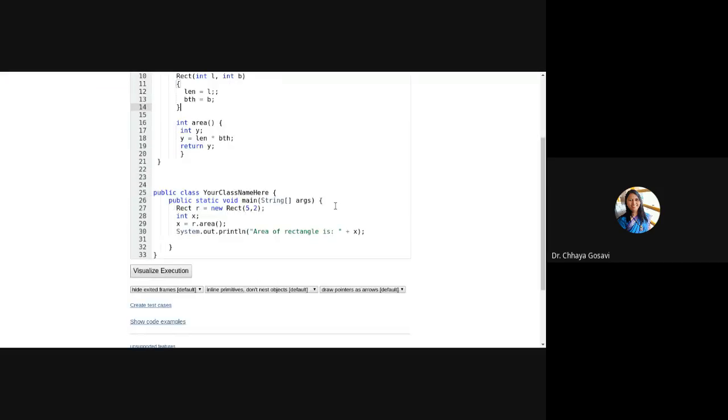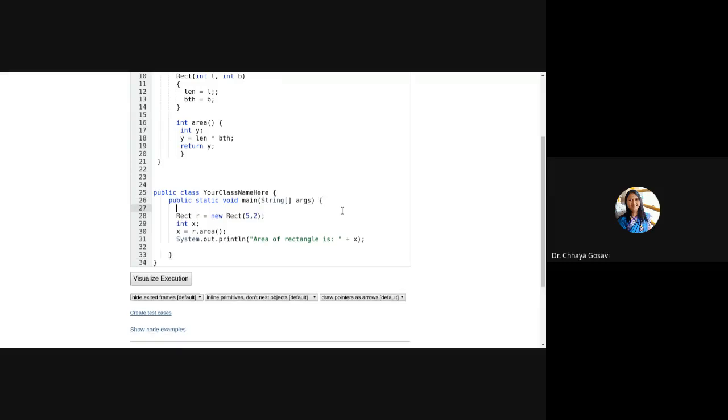So let me create one object, rect r1 is equal to new rect, and I didn't pass any parameter. And this is second object r2 with these values 5, 2.